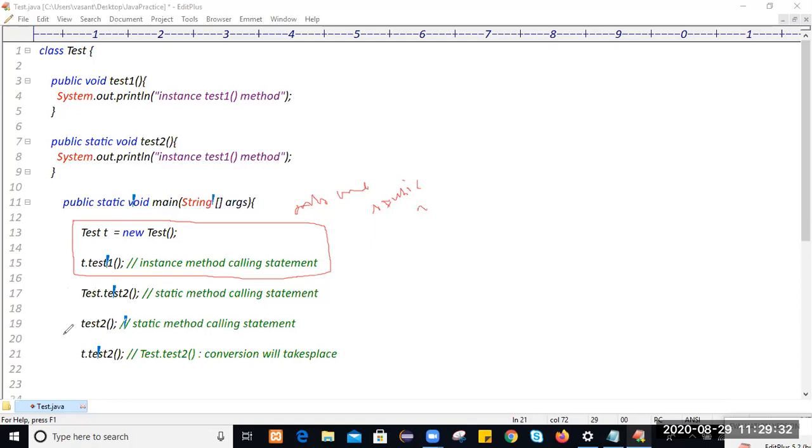But there are three ways. In these three ways, we are calling the static method from the static area. But there is only one way we are calling the instance method from the static area. Okay, from static area. So if you compile it,